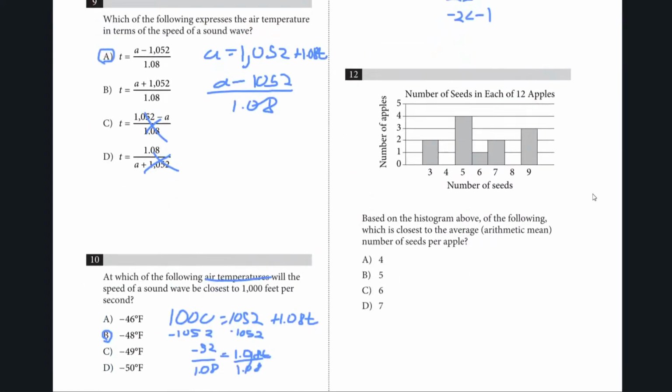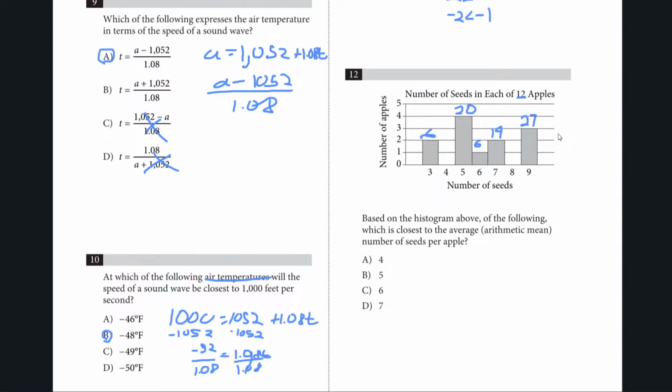Based on the histogram above, which of the following is closest to the average number of seeds per apple? To do that, we need to find how many total seeds there are, and then divide by the number of apples. So there's 12 apples. We have 6 here, 20 here, 6 here again, 14 here, and 27 here. If we add these up, we get 32 plus 14 is 46, plus 27 is, what is it, 63? We divide by 12 and we get